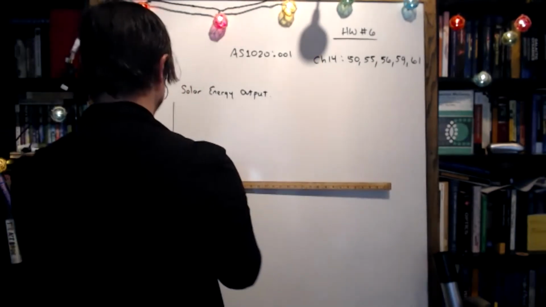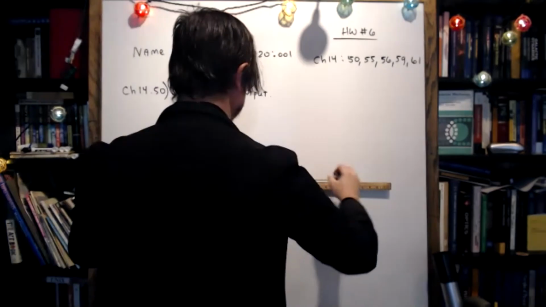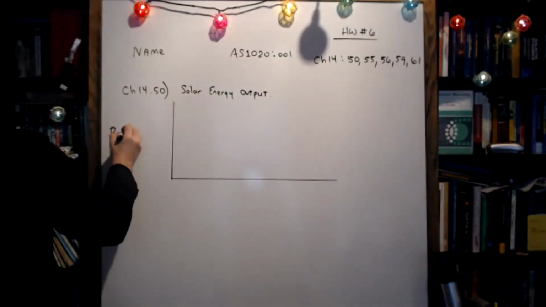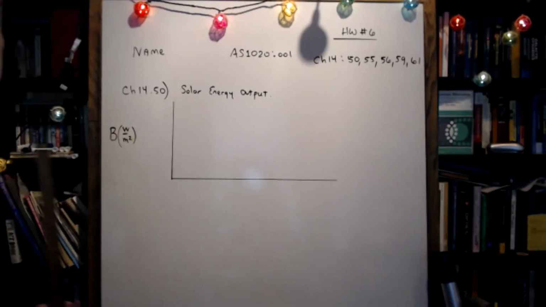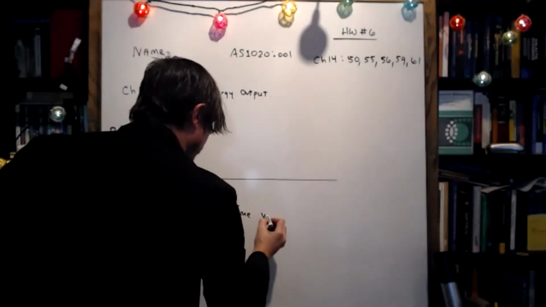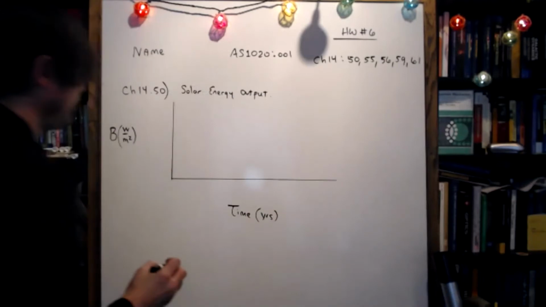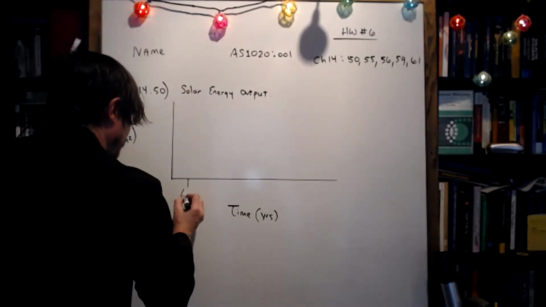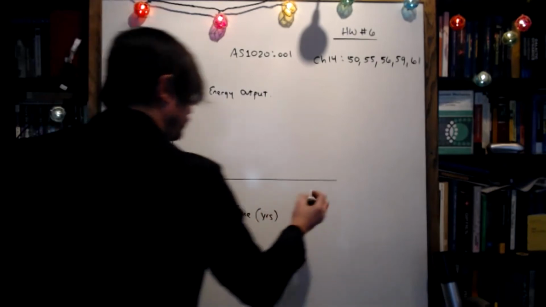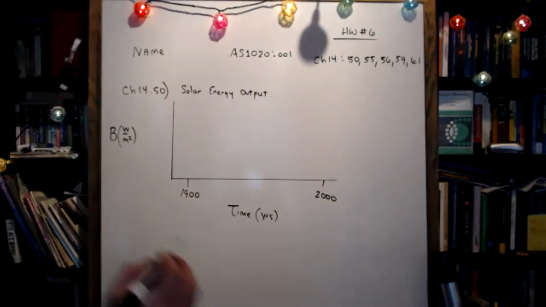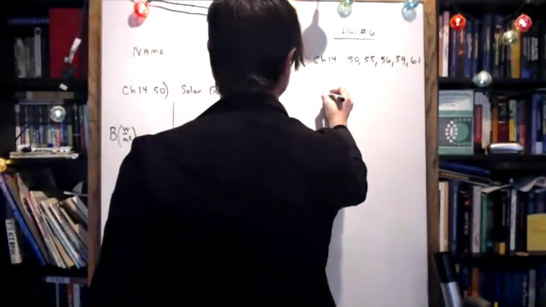And then make an x-axis that's a bit longer. This is going to be the brightness in watts per meter squared. And this is going to be time in years. And since it said over 100 years, we'll go from 1900 to 2000. Let's let my black marker